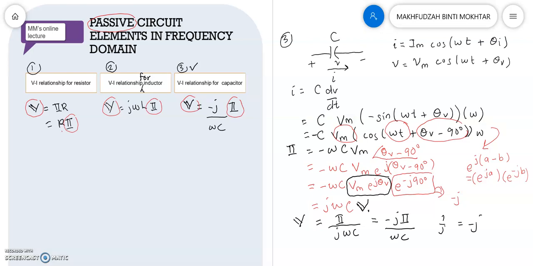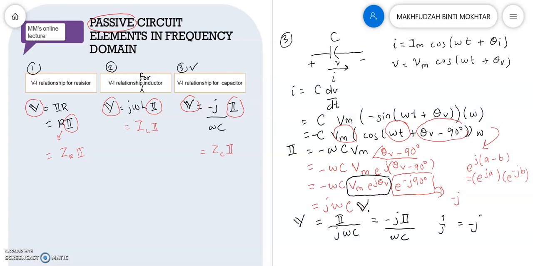I can rewrite this as V equals ZR I, where ZR is the impedance for the resistor, and I can also write V equals ZL I, where ZL is the impedance for the inductor, and V equals ZC I,